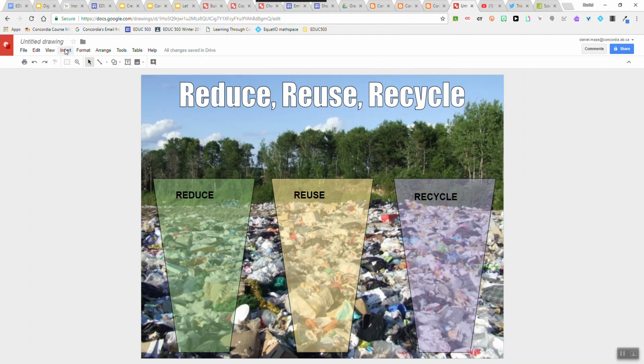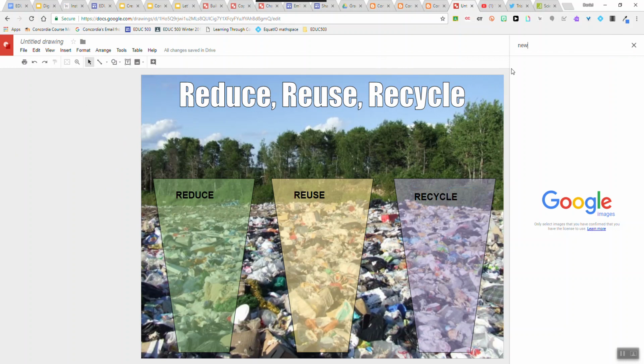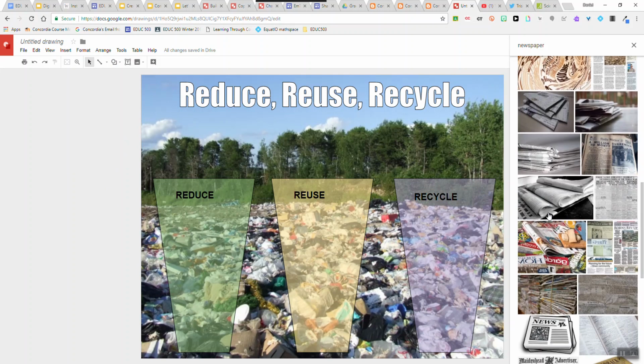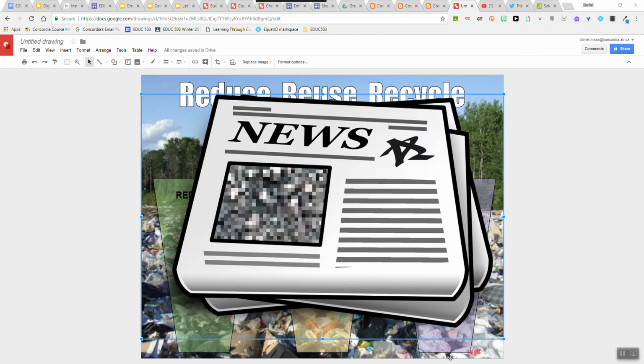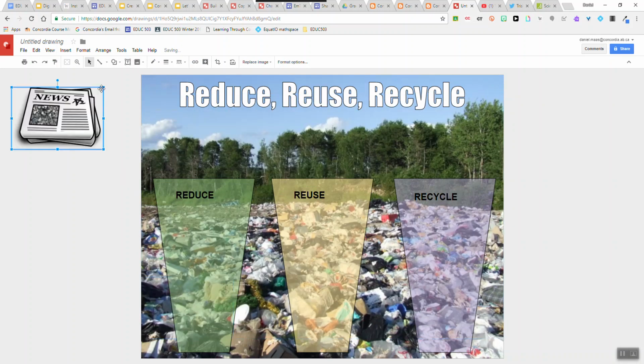Now I can add insert images. Again, do a search from the web. I can search for things like newspaper. Let's see, I want to find one. There's one that looks kind of like a clip art. So I've brought that in there. I'm going to now make it a lot smaller. And I'm going to bring it over here. And just place it as different items. So I could do the same with bottles and so on. Now if I wanted to,